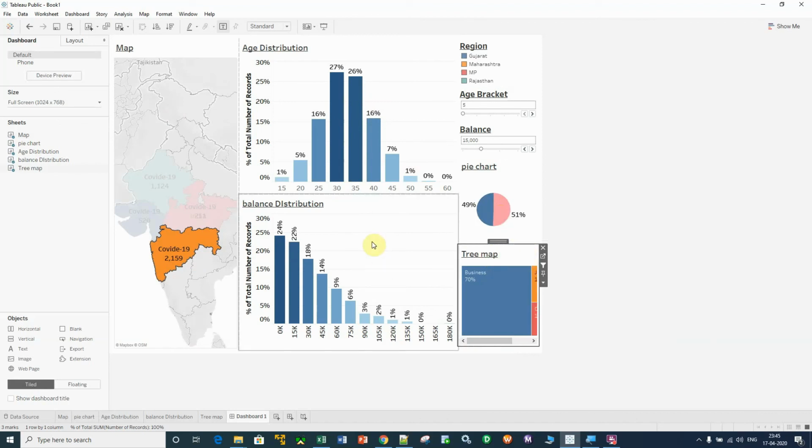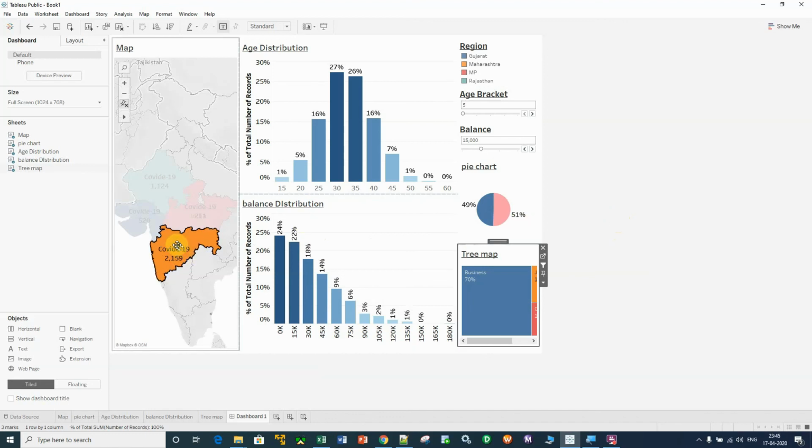They can make their decisions that okay, the situation in Maharashtra is not under control, so they can increase the lockdown, or they can identify the areas in which the situation is not under control, so that they can increase the lockdown accordingly, right?